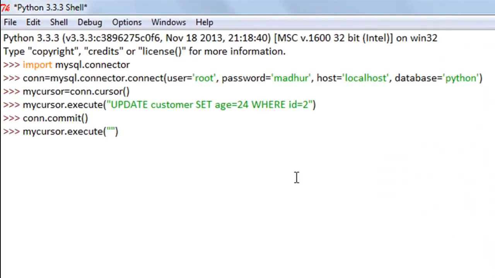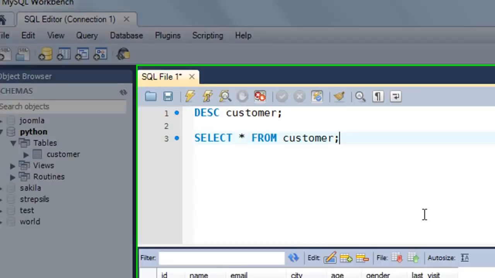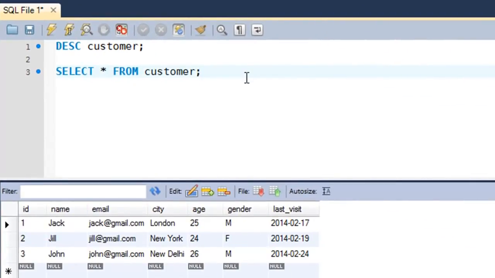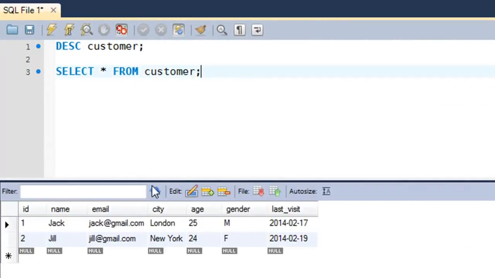So I'll type in DELETE, and then FROM, and then customer, which is the name of the table, and then WHERE ID equals 3, right? Because John's ID is 3, and I'll press the enter key to execute this, and obviously again I'll have to commit the changes, and when I go to my MySQL Workbench and execute this, I see that John's record is